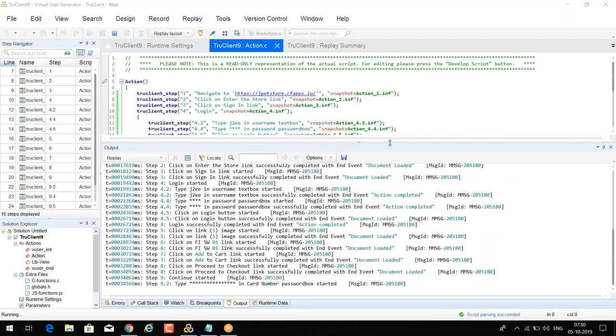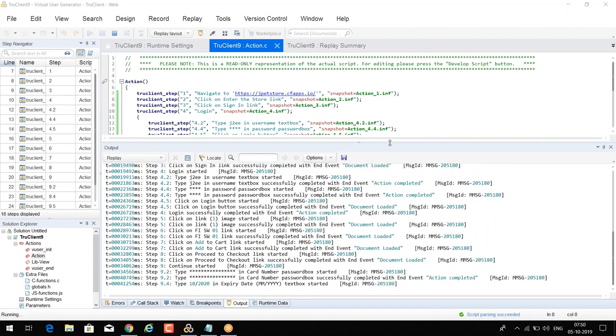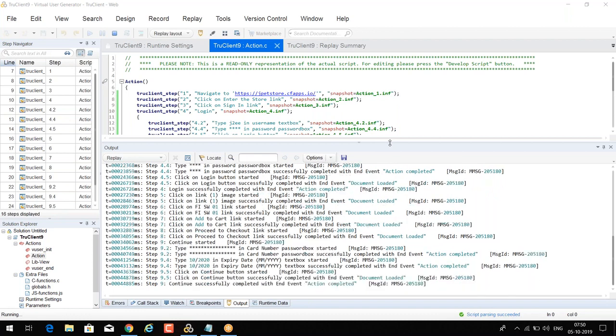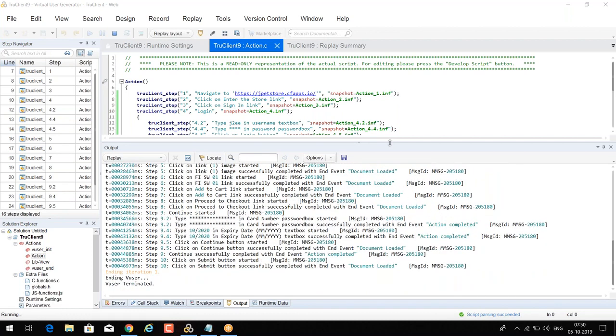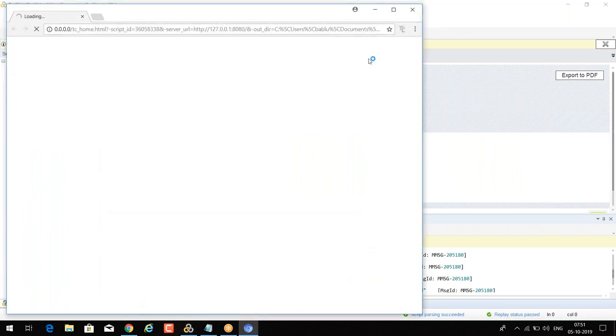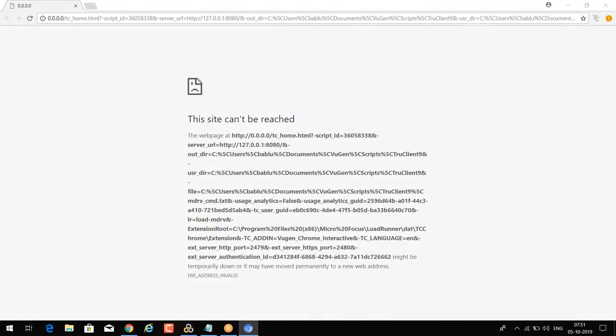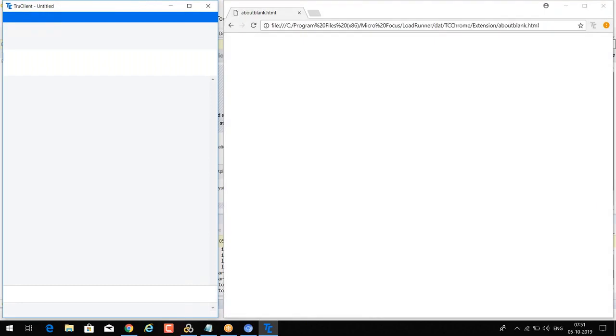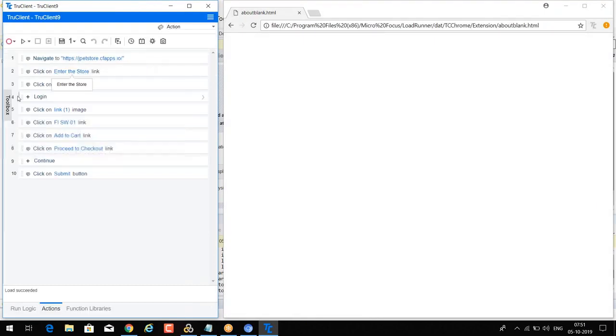Here everything works around the object ID only. We will discuss it again in some time. We know that here we don't have any correlation, right? So when I open the developer script, we know we don't have any correlation, but here we have a challenge.